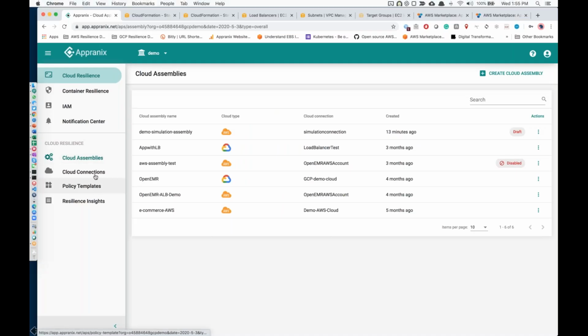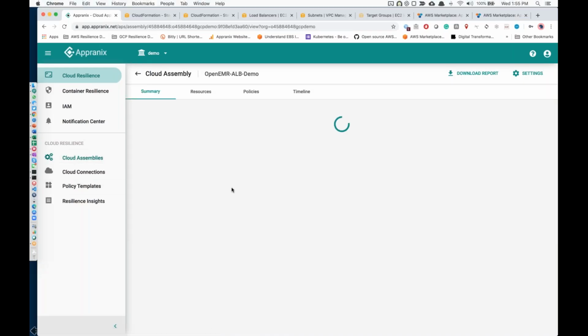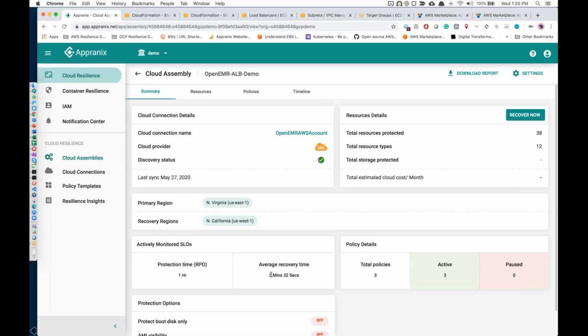The average recovery time is calculated and updated based on your simulation recovery tests. It will give you approximately your RTO, because you have tested it so many times. Every day I'm running a test. So even if I ran into a capacity issue on the other side of the region, I would know my recovery time might change depending on whether the capacity for AWS is available or not.